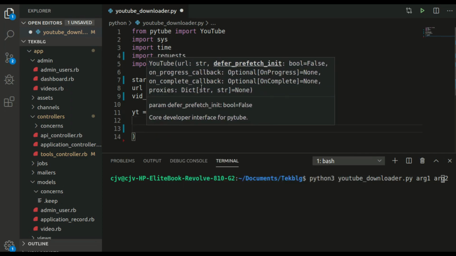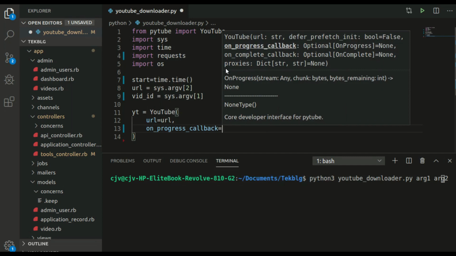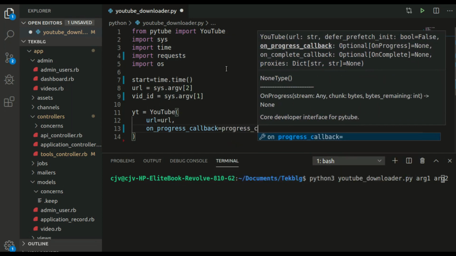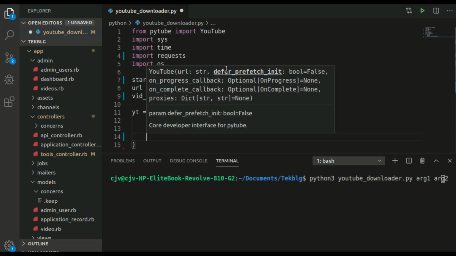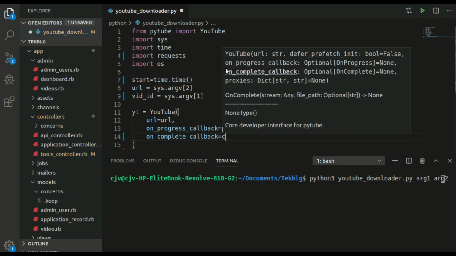Now we're going to register the callback. So we can see on progress callback. We're going to do that. On progress callback is going to be equal to progress. We're going to call it progress CB. And on complete callback is going to be equal to complete